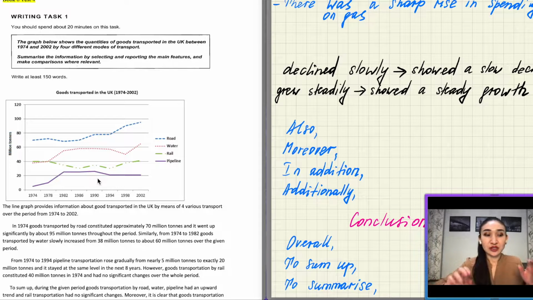When you just start your writing task 1 and you don't know how to do it, there are a lot of materials on YouTube, on social media, on Google, on the internet. So you don't have to waste your time on all of it. It's better to focus on one structure. That is what I did before passing the IELTS exam, because I had only a couple of months to get prepared